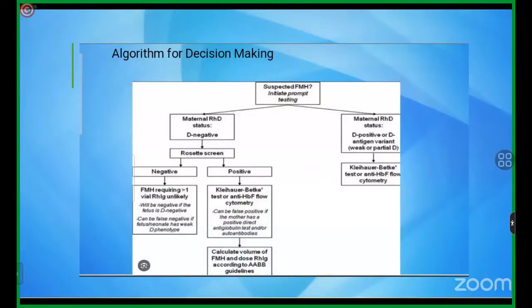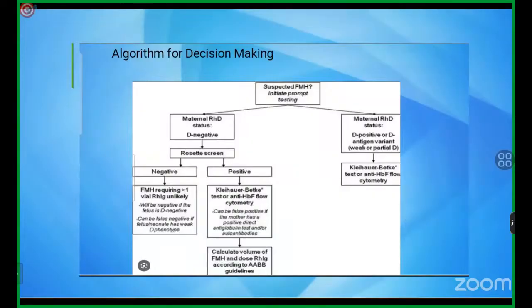So sometimes the weak D phenotype should be considered when we find certain quantitative values, especially when we have assessed FMH as a quantitative assay and found that FMH is quite low,